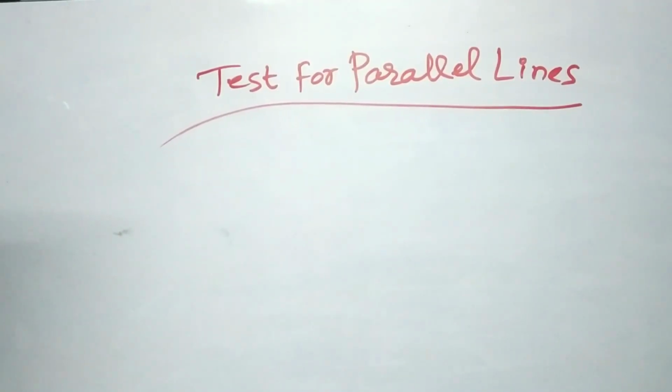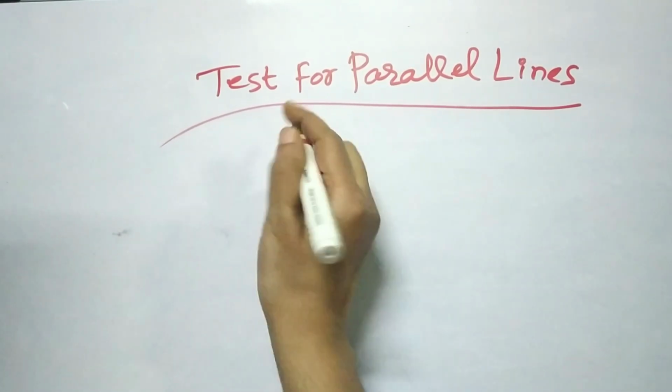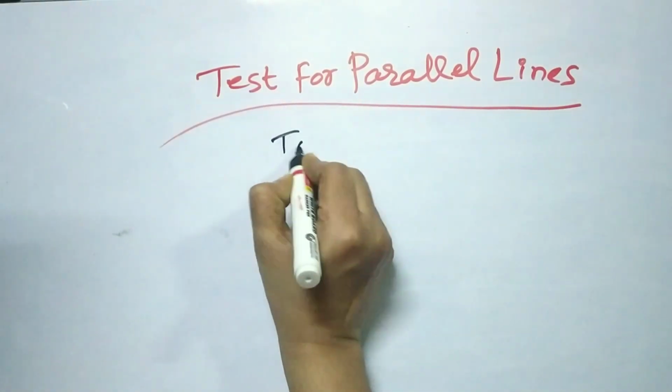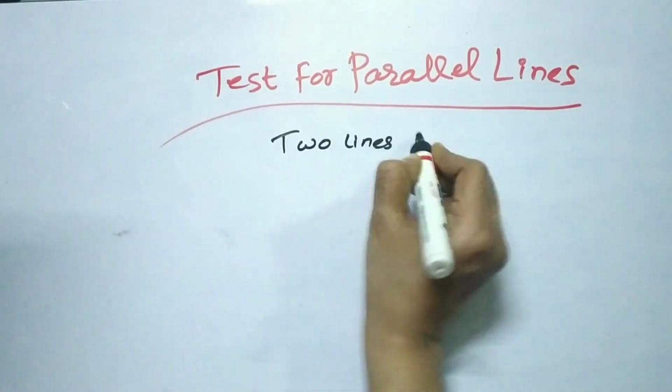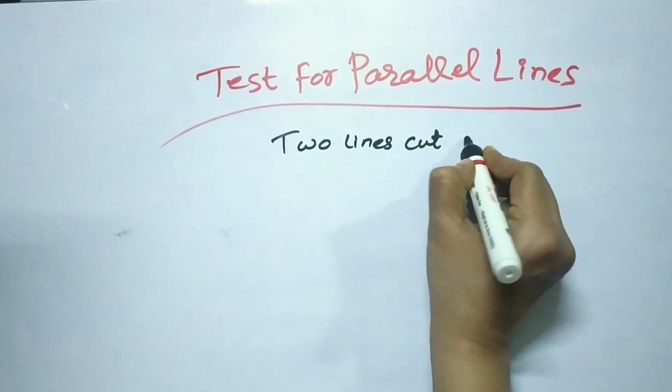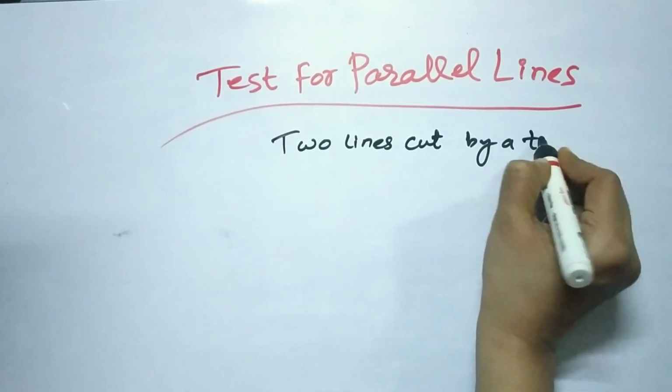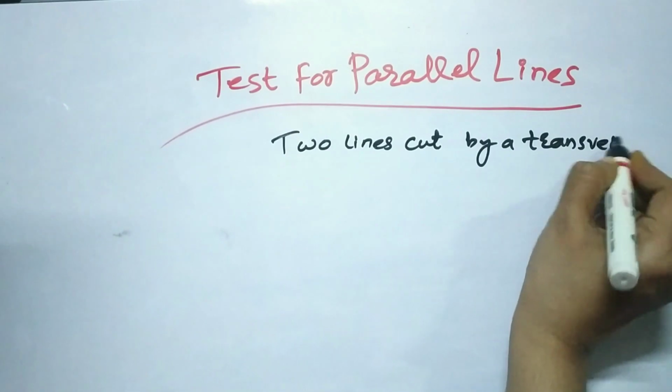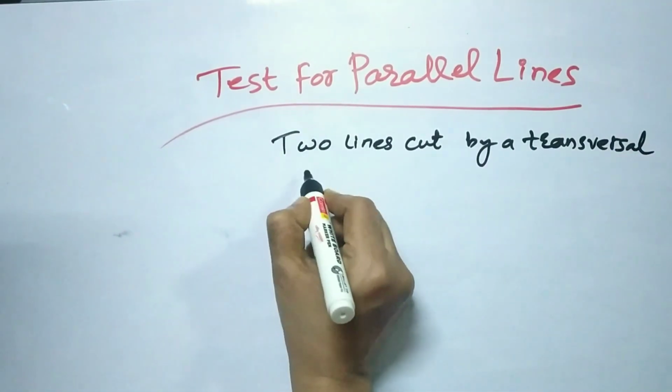So friends, now our topic is tests for parallel lines. How do we say that given two lines are parallel? You know that the properties of parallel lines which we have seen just now can be used to find whether the given lines are parallel or not. So suppose you want to check whether two lines cut by a transversal are parallel, if